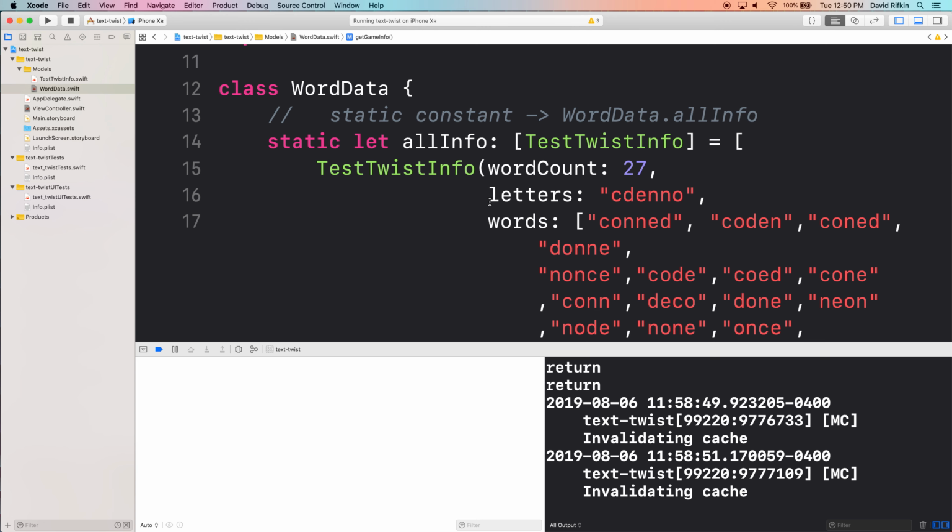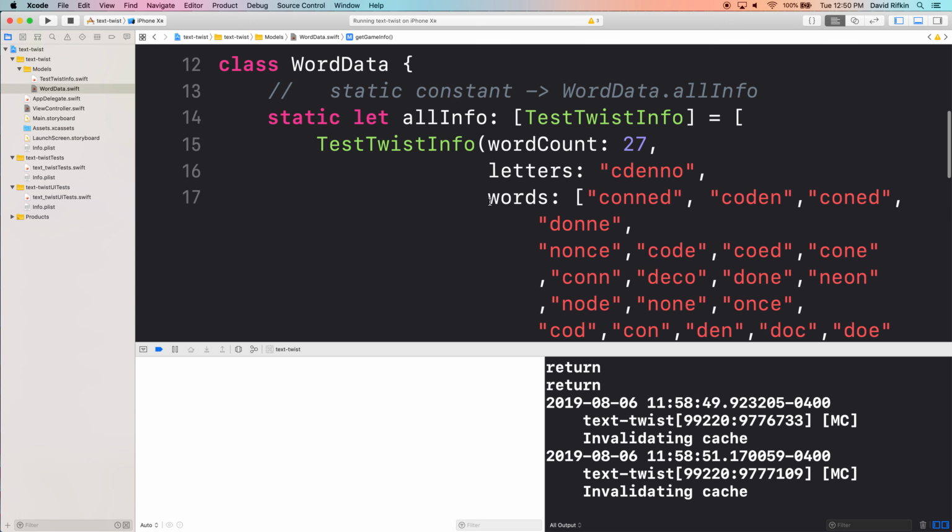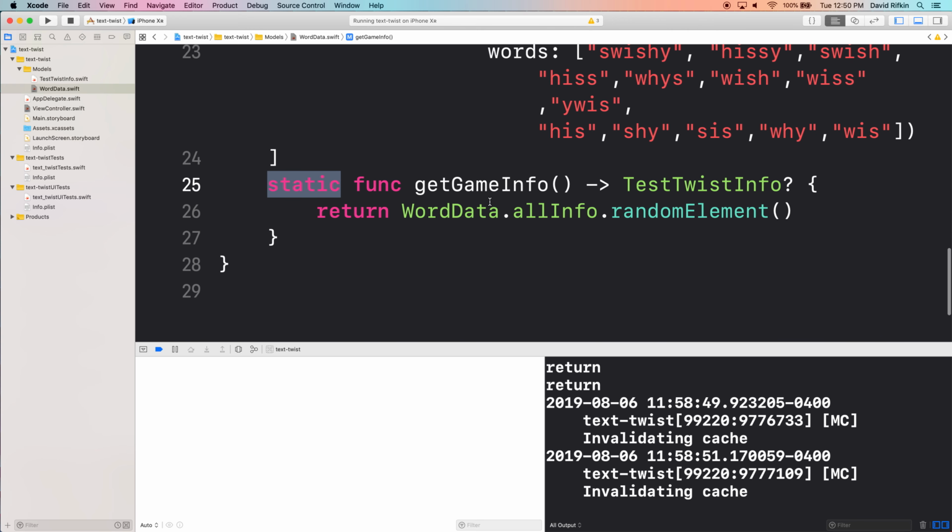So now we're going to refactor what's in the view controller, just using this static function. When you return word data, you need word data with it, and just use all the